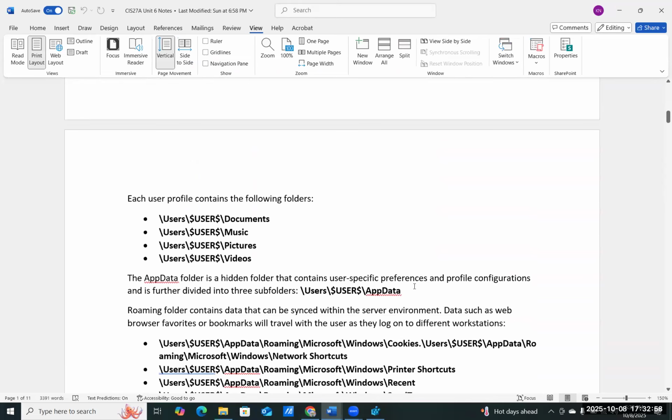So you would see all your music, pictures, videos, and documents would be related to that account, right? This is default for Windows OS. Most of you know this, right? And even downloads. And so now the AppData folder is where it would contain specific